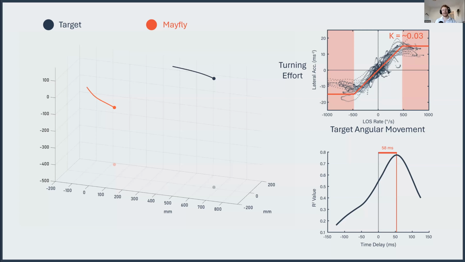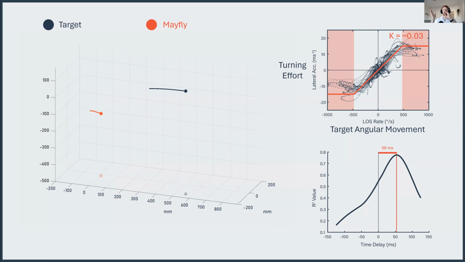And we can look at how they solve this by using our 3D reconstructions. So that's what you can see happening on the left. As my target bobs backwards and forwards, you can see the mayfly moving onto a new interception course and updating that interception course constantly. Well, the way in which they do this, and I'm not going to get bogged down in exactly why this works, is they just correlate their turning effort, which is how much effort they're putting into turning their path, with the angular movement that they see in the target, how fast the target is moving.